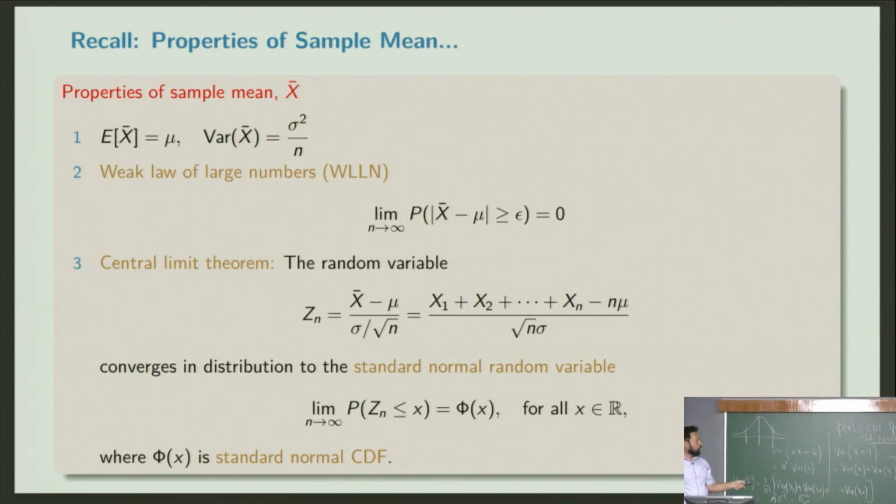If you do this scaling, then it does become standard normal because you have subtracted the mean. Originally it may not have mean 0. The additive scaling shifts the mean to 0. If you don't do that, it will have a shifted mean. Your original distribution mean was mu, and I want to go to standard normal with 0 mean, so the very fact that I have subtracted it normalizes the mean to 0. And dividing by sigma over square root of n normalizes the variance to 1. We can concretely prove these things if required.